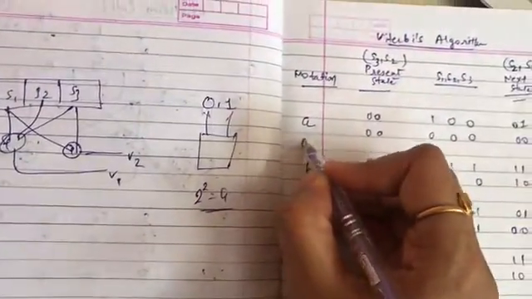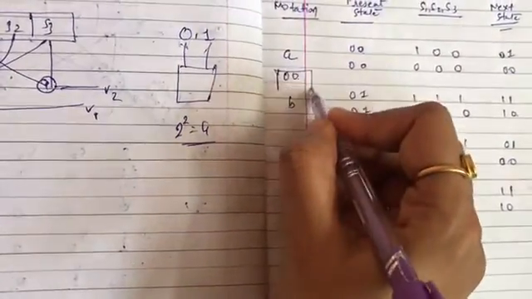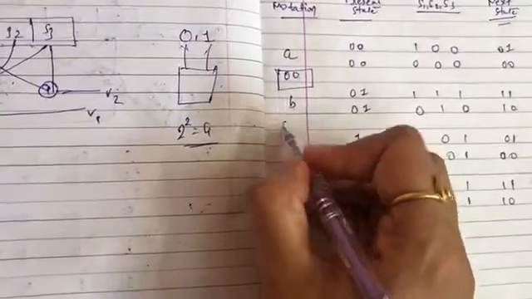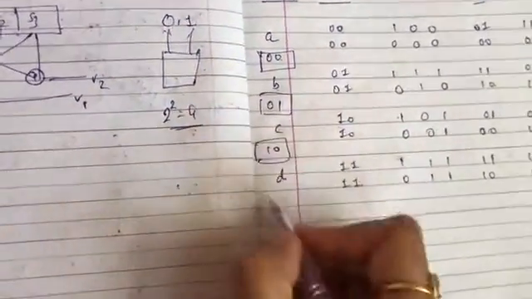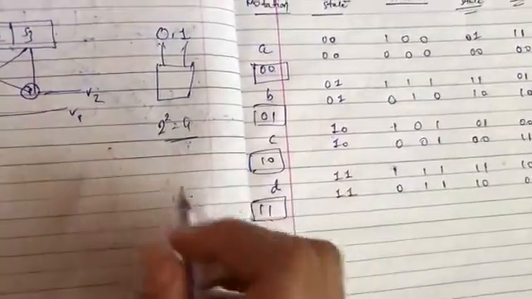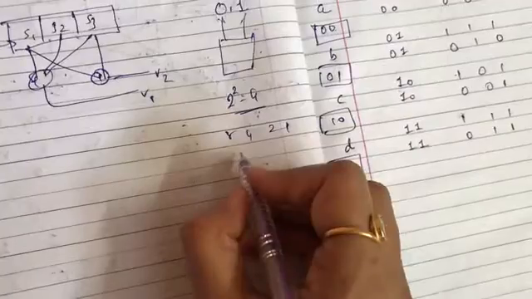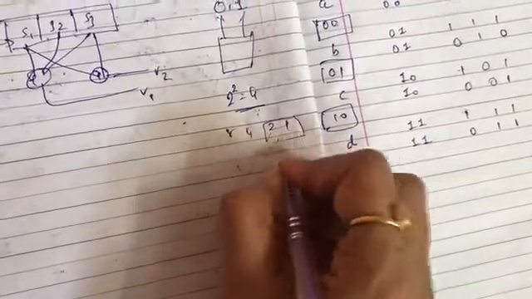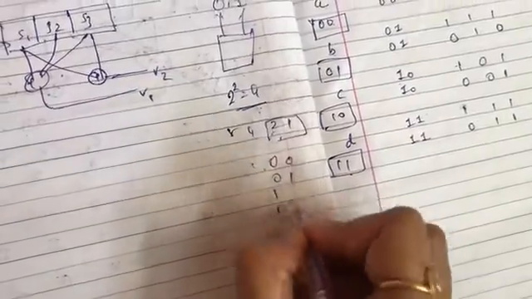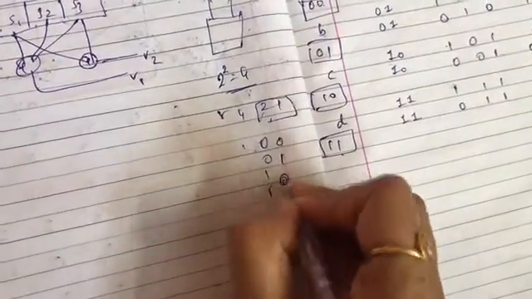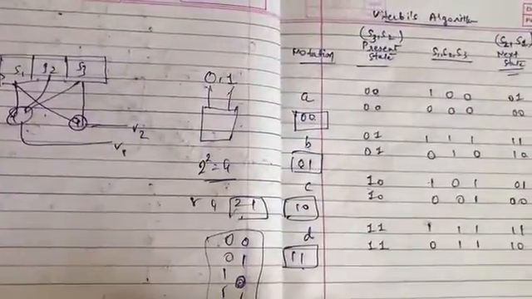So let's consider the first part, which is notation. A is 0 0, B is 0 1, C is 1 0 and D is 1 1. So these are the 4 combinations which we are making using 8421. If there are just two inputs, we are considering 2 and 1, that is 0 1 0 1. That is how we got those 4 inputs.